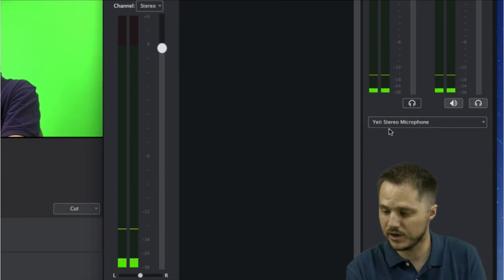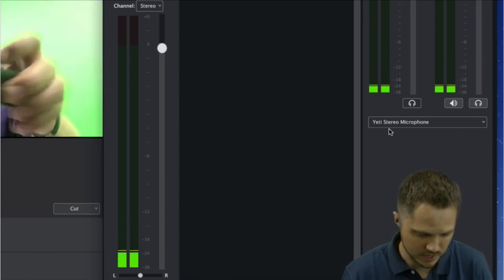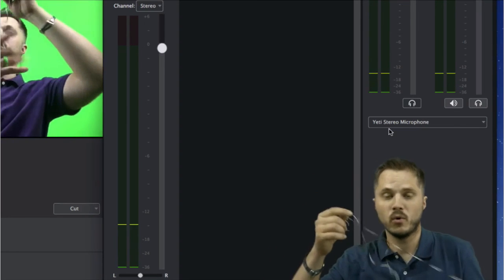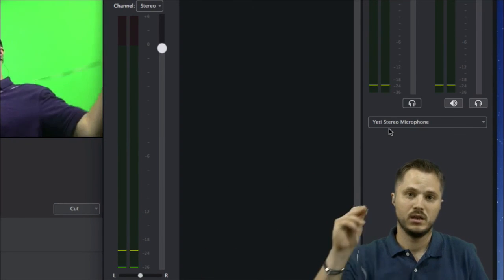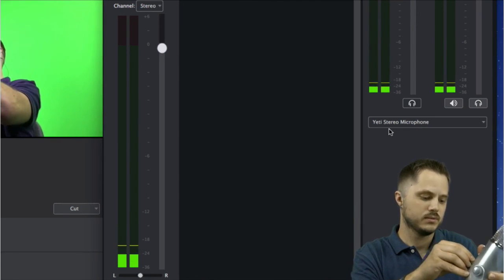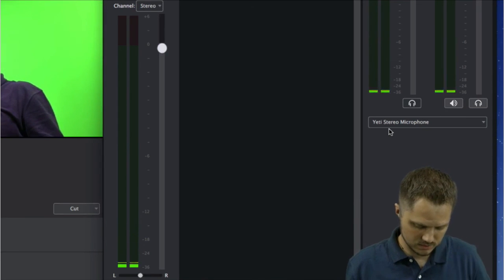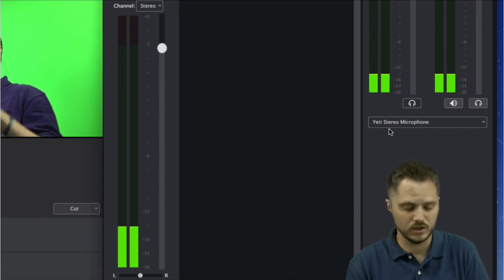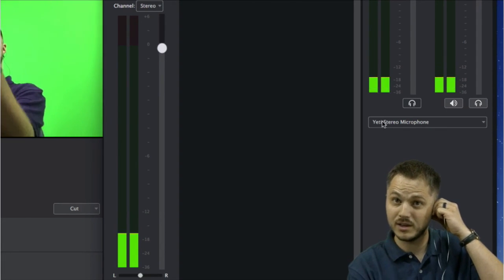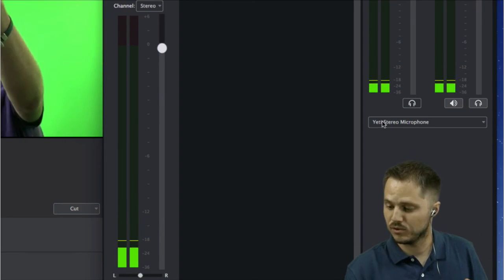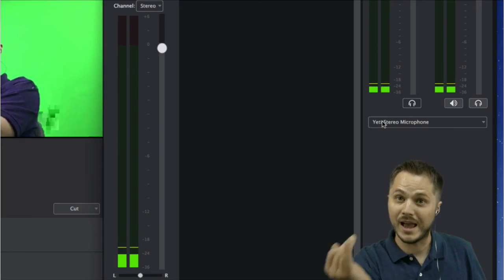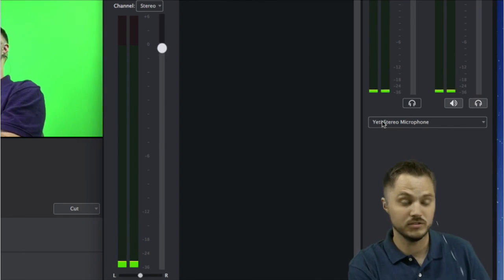So you can click the stereo Yeti, and then let me grab my headphones here, and I'm going to plug these in to the bottom here. And I'm going to turn the volume up. And if I'm doing this right, I will hear the audio. You're not going to hear this, but I'll just confirm it. Yeah, I can now hear the Wirecast audio. Anything that I'm saying through my Wirecast Cam app that's showing up here is now coming into my ears, but out of a USB device.